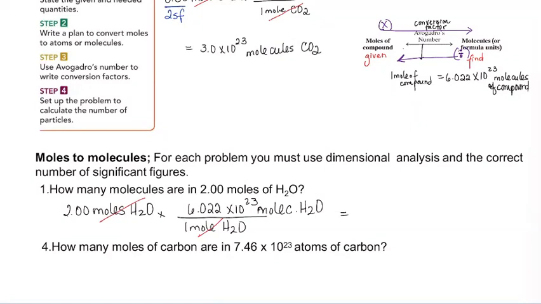Let's put it in the chat. How many sig figs? Great, 3. So we're going to round our result to 1.20 times 10 to the 24th molecules